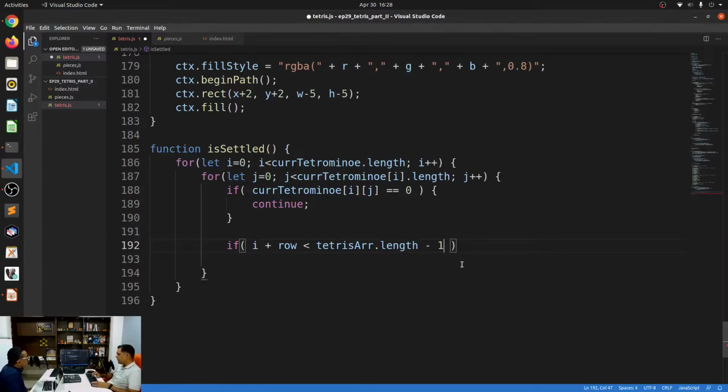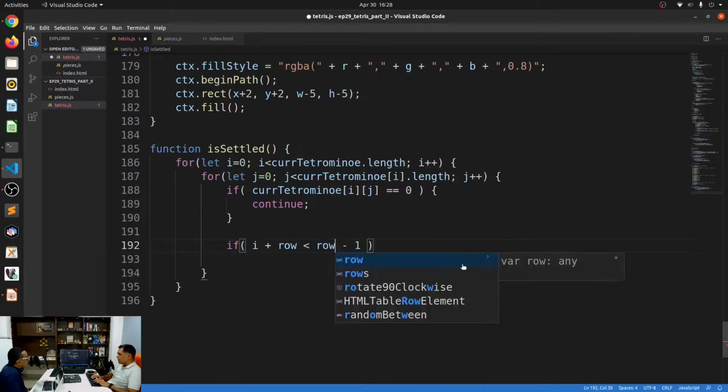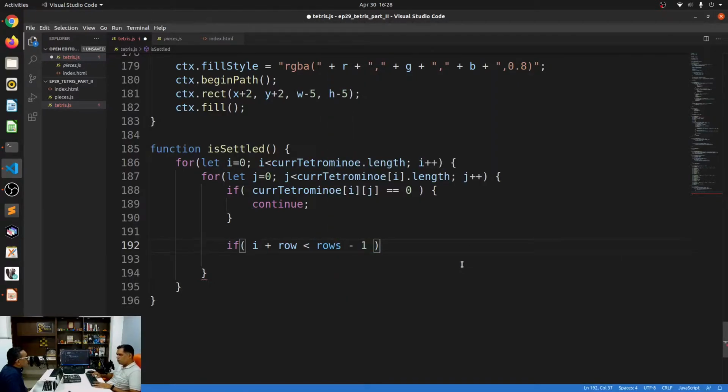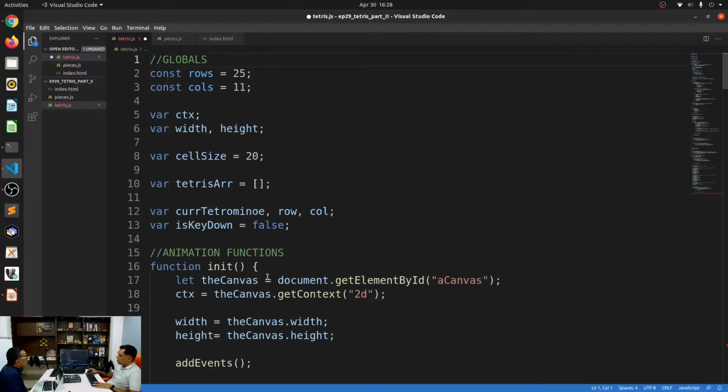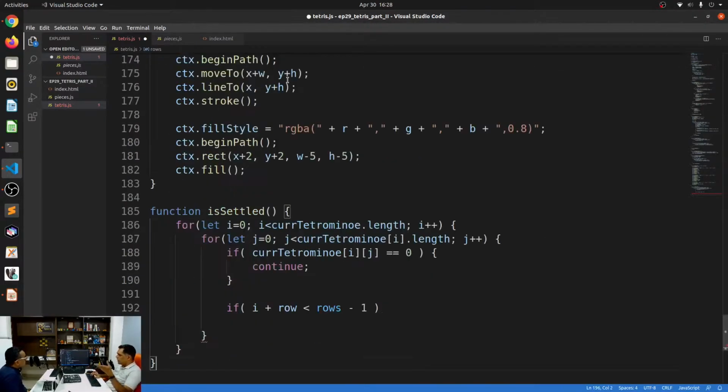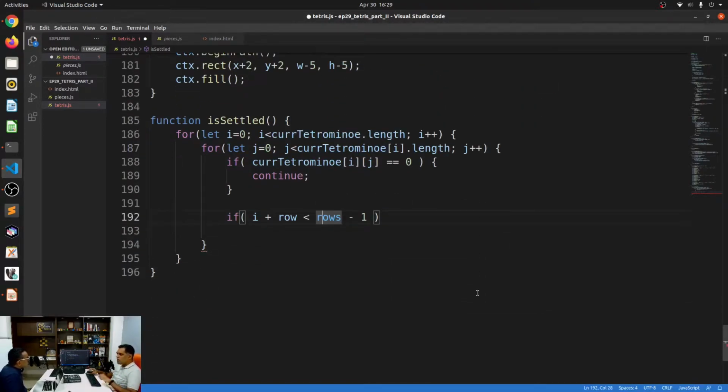I think an easier way to understand that is to just say rows minus 1, because remember, rows is a constant over here that basically defines how many rows we have. So we can just use this instead of Tetris array dot length, because it doesn't matter what the size of the device is that you're playing this on.